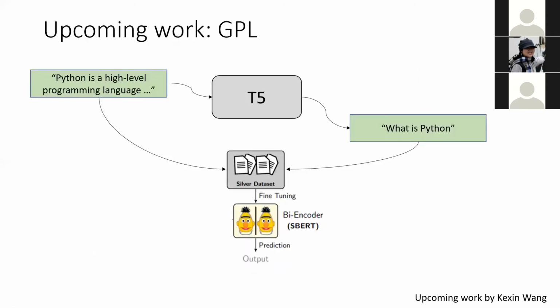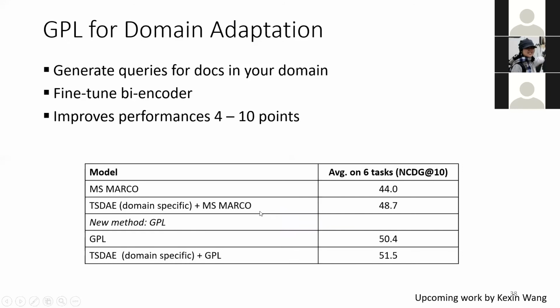Here's a teaser for some upcoming work from a PhD student, GPL. It's using the idea from doc2query. You have your passage given, you have your T5 system that produces questions people could ask about this paragraph. And you use this to create a data set to train your embedding model on. You generate a lot of queries for all the documents in your domain, and then you tune your bi-encoder on this. And this improves the search performance by 4 to 10 points, which is quite a big improvement for